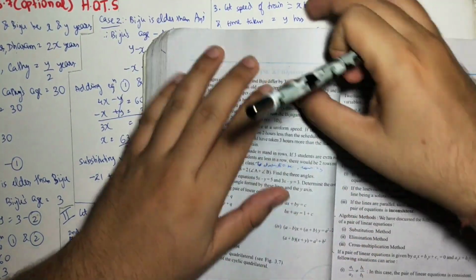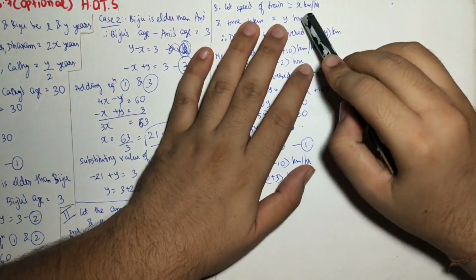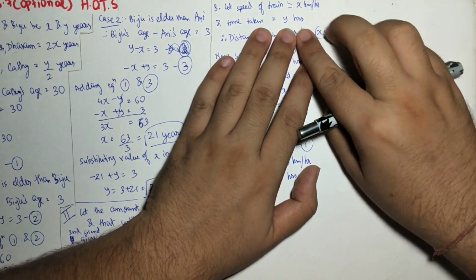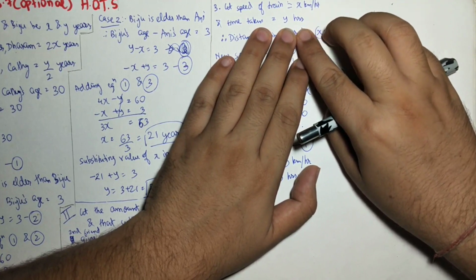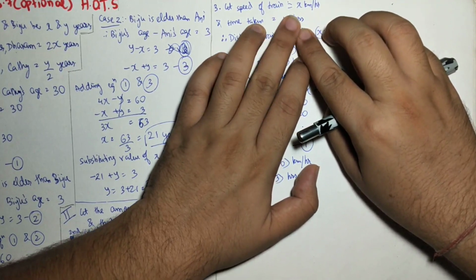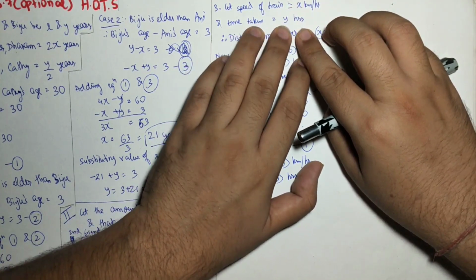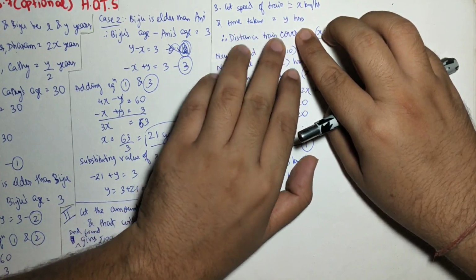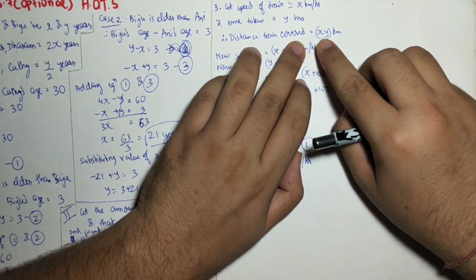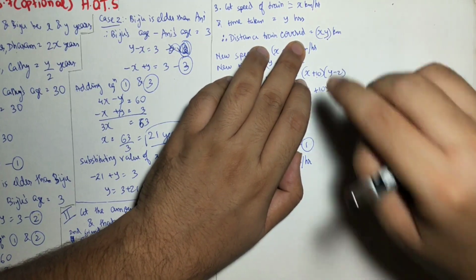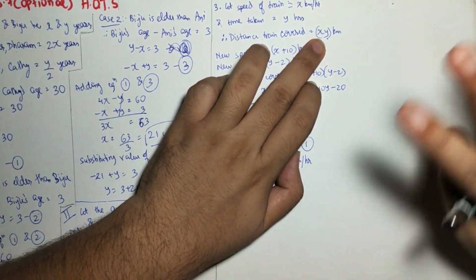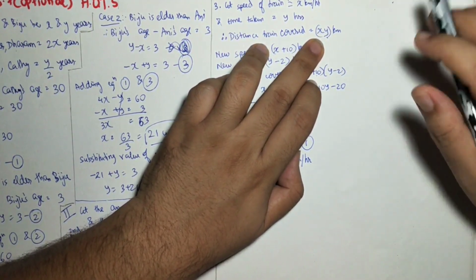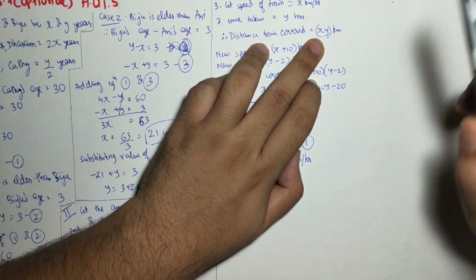I have written some part already. So let the speed of the train be x km per hour and the time taken be y hours. Speed and time I have taken as variables. This is the scheduled time and this is the regular speed of the train. If this is the regular speed and this is the regular time, then multiplication of the two, speed into time, will give you the distance. So the distance the train covered will be xy kilometers. This distance remains constant for the whole sum now. Distance does not change. Speed and time are getting changed.